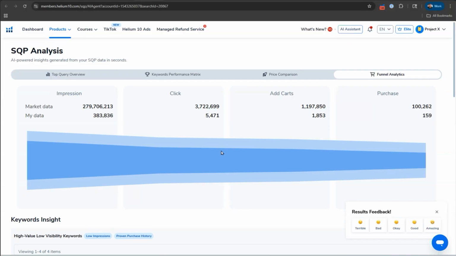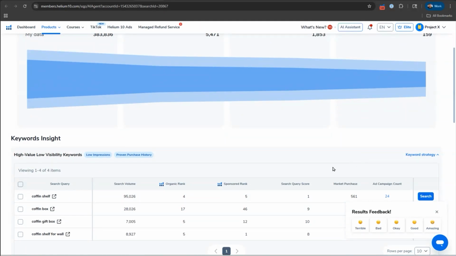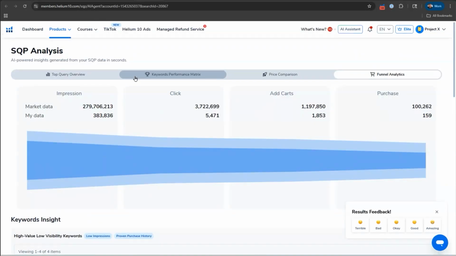We can look at funnel analytics and see, hey, how are things going overall? How do things progress between the impression all the way down to the purchase for our product? What are some of our high value, low visibility keywords? In other words, where might we not be showing up at the top of search, but we've got really good data? AI summarizes a lot of what you need to look at when you're looking at your search query performance